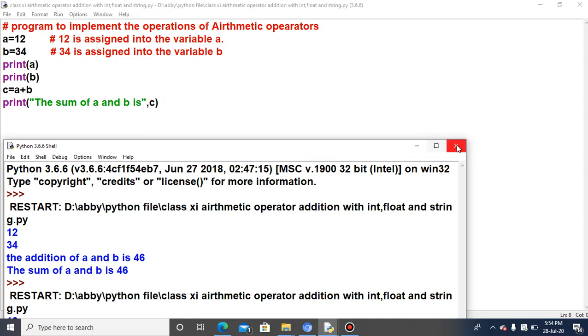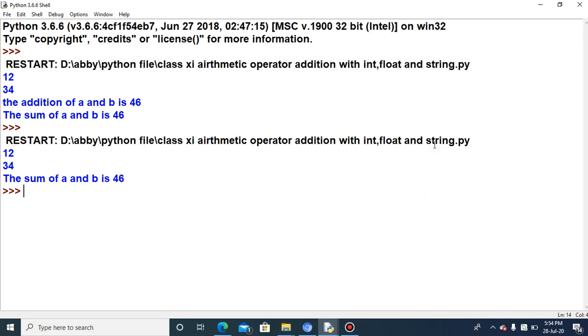Now one more thing: if you are not able to understand the output, here it is. This is the previous output. From where the greater than symbol, the Python prompt, and then the restart is coming, this is the last one, the fresh output.